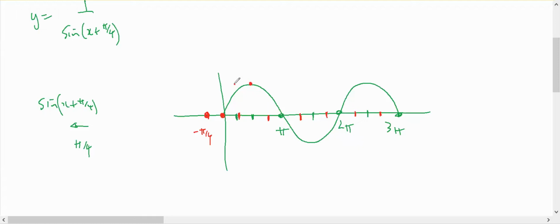This point here now moves to there. This point here now moves to there. This point here now moves to there. And this point here now moves to there. This point here now moves to there. And we now end up with a curve